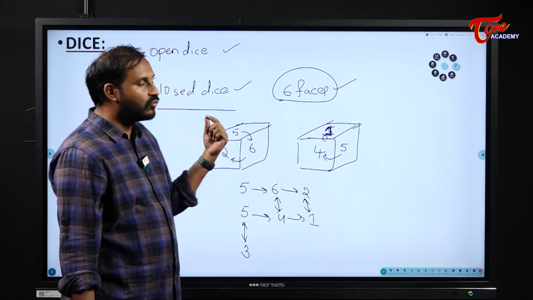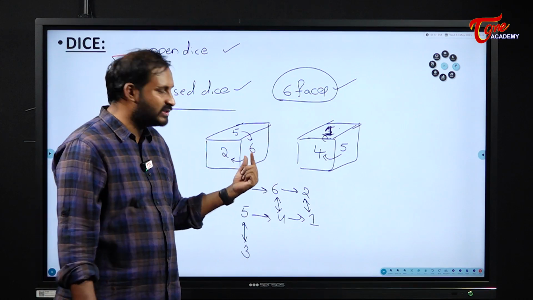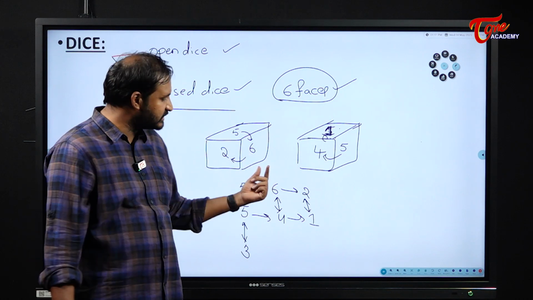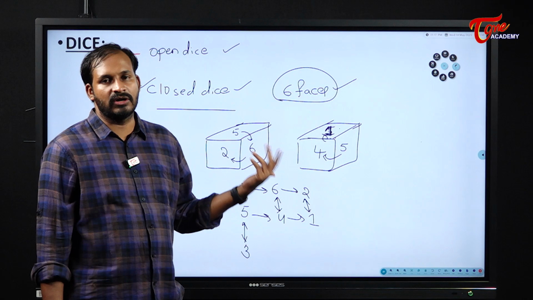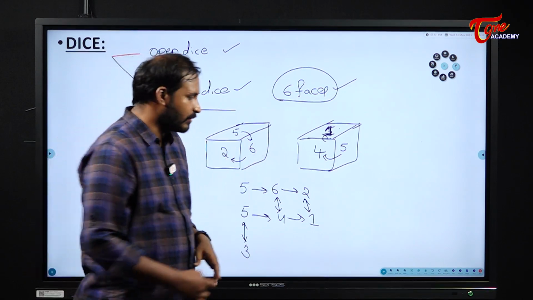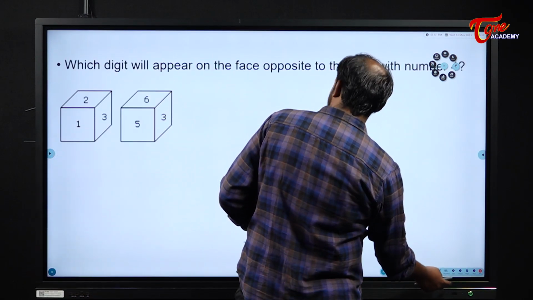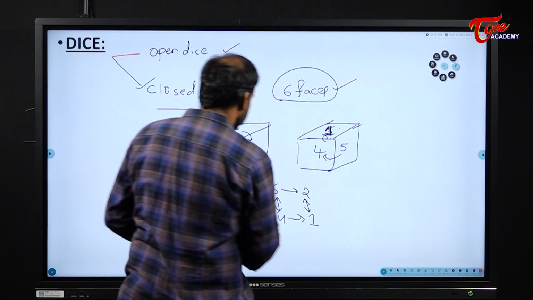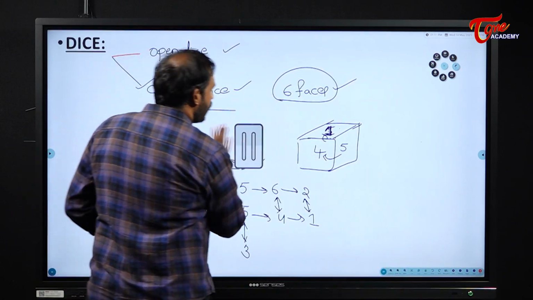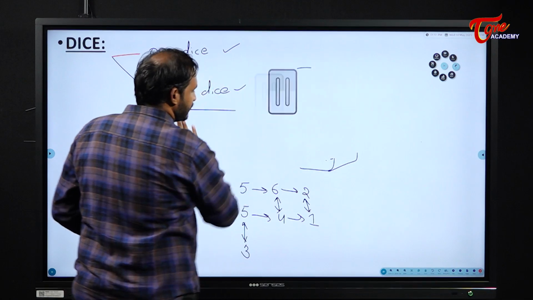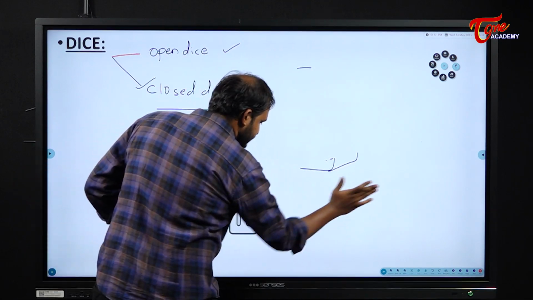Okay, so when there is only one common number between 2 projections, then it is really easy for us to answer the question. Move either in clockwise or anti-clockwise, it is up to you, and write the problem. Okay, next one. Now, if there are 2 common projections, what will happen? If there are 2 common projections,